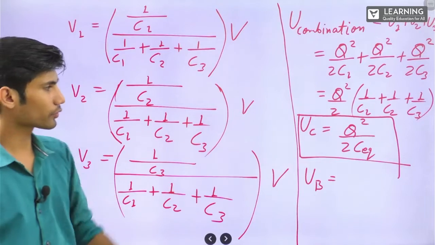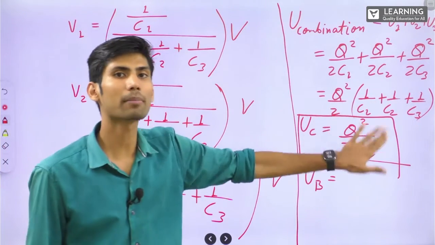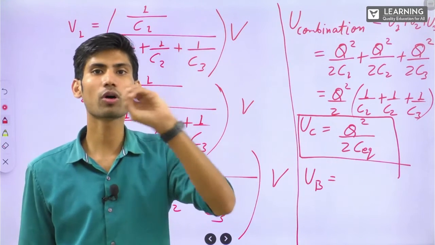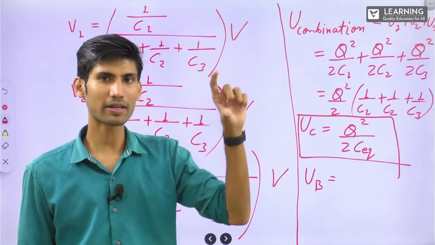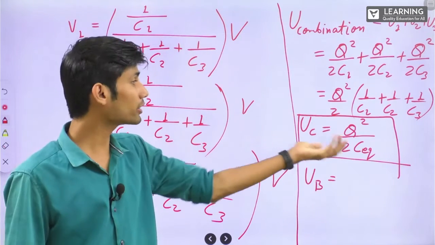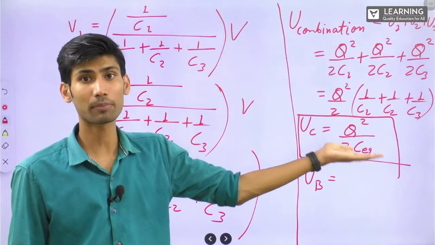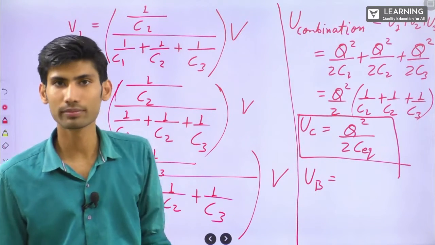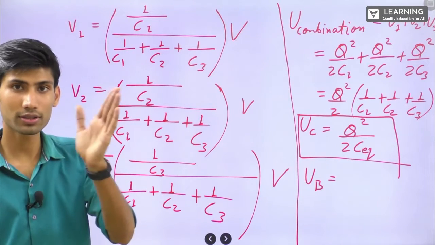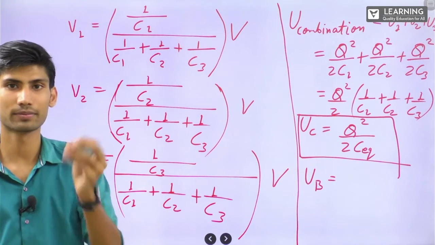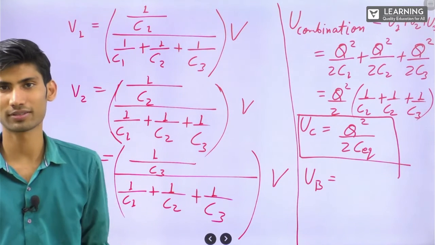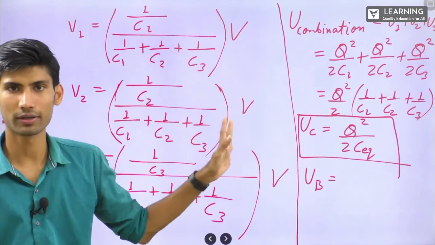Now, understand, whenever we talk about energy stored in a capacitor, what all things are related with the capacitor? Q, C or V. If you see a capacitor, on the plates there will be charge Q and the capacitance will be C. So whenever you write an energy formula for a capacitor, you write in terms of Q and C. And whenever you write energy from the battery, what is related to the battery? Capacitor, charge or potential difference? Charge and potential difference, right? Capacitor is nowhere related. It is a different thing.